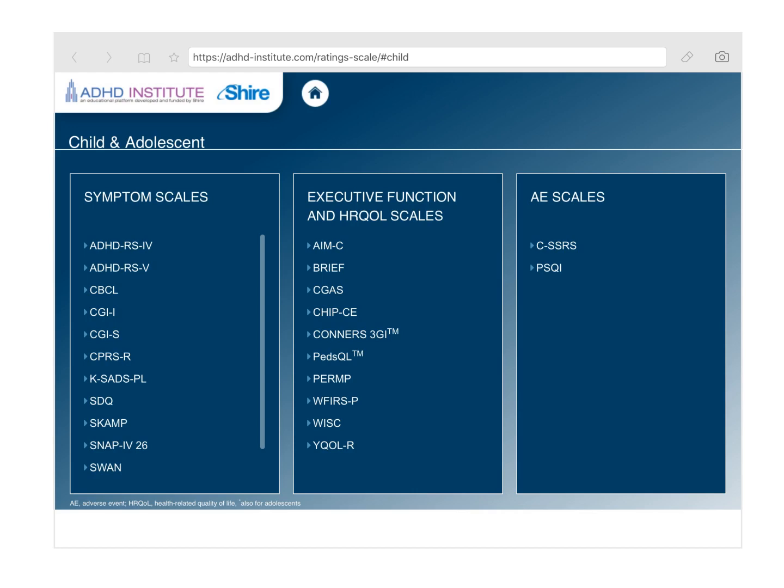This is from a website called the ADHD Institute. You can see the web address up here if you want to visit this on your own. This is the primary website, and then you can get to this page through a couple of links. And these are some samples of child and adolescent scales, categorized by symptom scales. These are scales that will essentially be checklists, rating scales that are based on the symptoms that we just reviewed